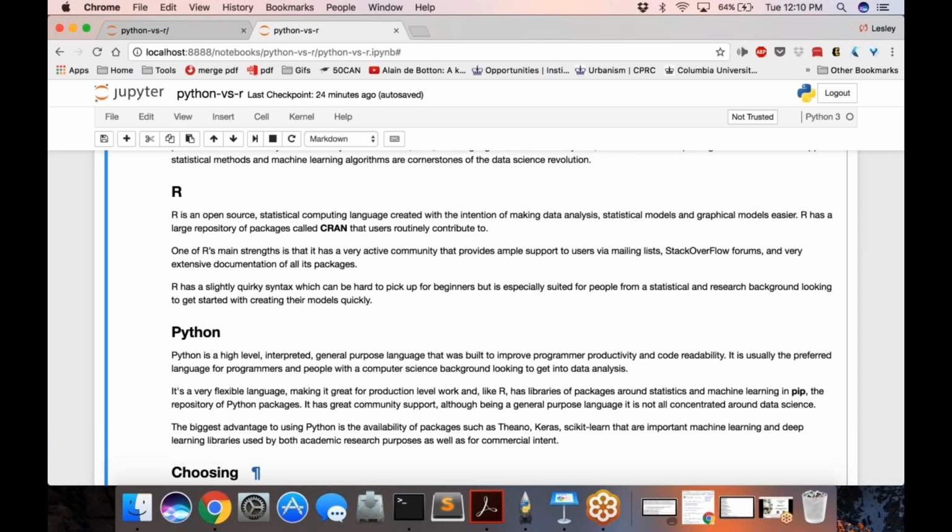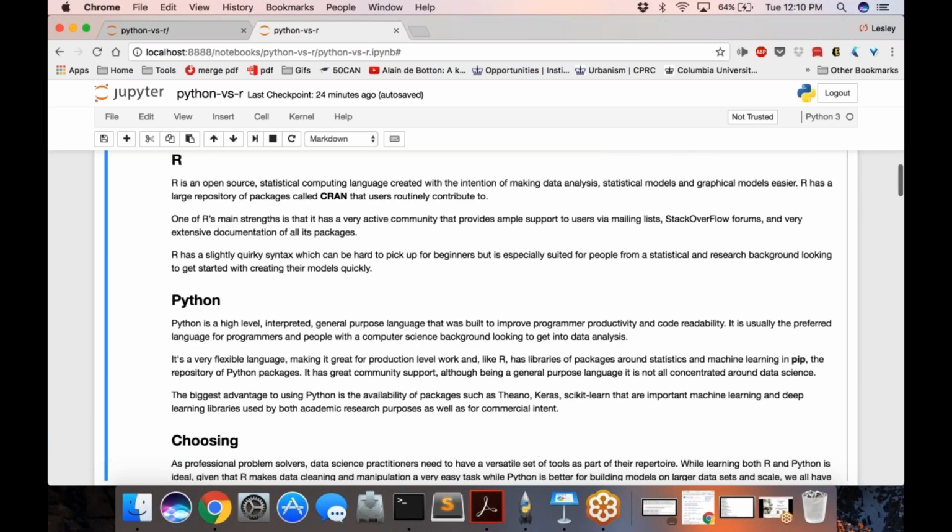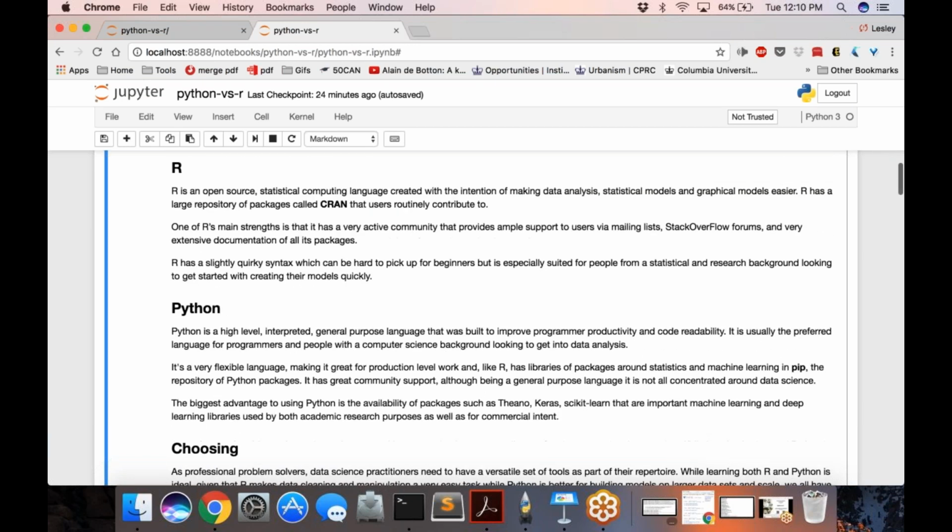So that's one advantage of R, is that all the support behind R is for data science or statistics. Right. So as far as picking it up for beginners, right, this is a common question I'm asked because a lot of people are interested in getting into data science and don't necessarily know where to begin. So if you're one of these people, then this is the perfect section for you. So R, right, has a very interesting syntax that is actually pretty hard to pick up for beginners.